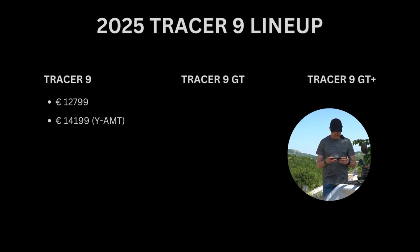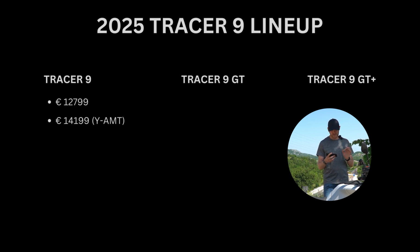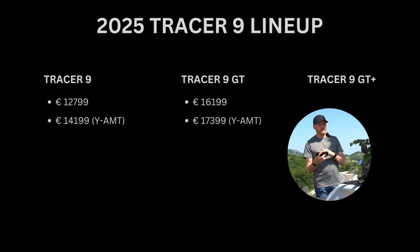So Tracer 9 here in Europe starts from 12,800 euros. To be really precise, 12,799 for the absolutely base version. But if you want to get Y-AMT, it's going to come at the price of 14,199. And that is interesting, because if you want to get the GT version, it's going to be 16,199. And then if you want to get the GT version Y-AMT, it's going to be